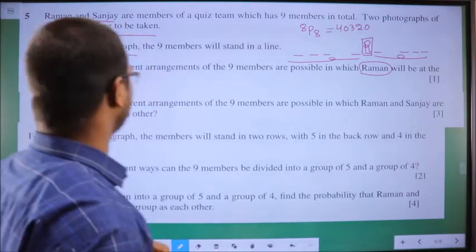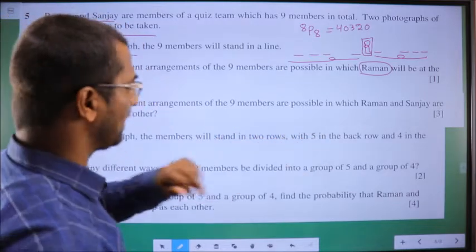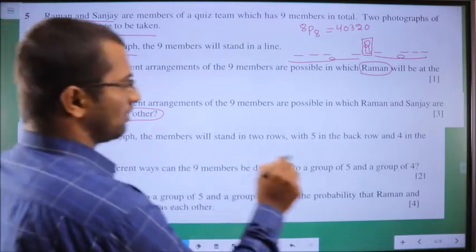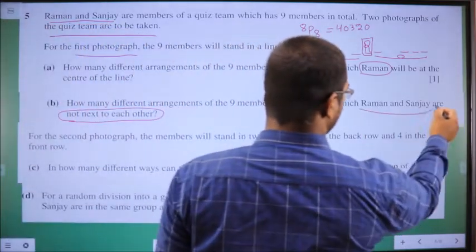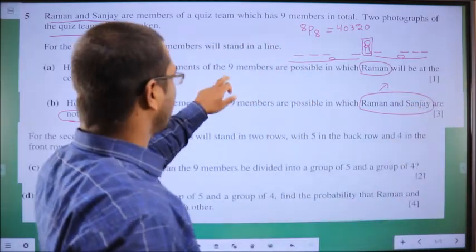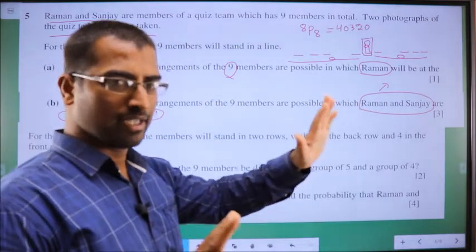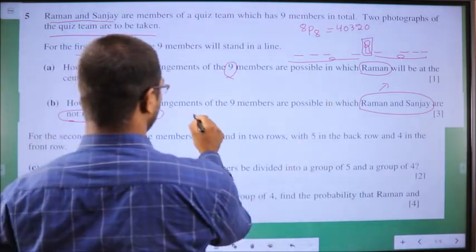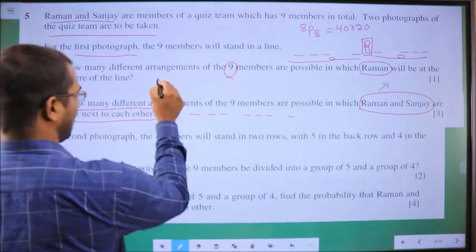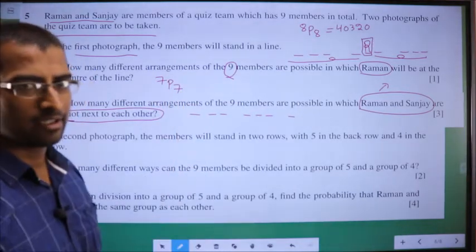Okay, next. How many different arrangements of the 9 members are possible in which Raman and Sanjay are not next to each other? To make sure they are not next to each other, I leave them separate first. Out of the 9 members, leaving Raman and Sanjay, left out are 7. Arrange those 7 first. In how many ways can these 7 be arranged? In 7P7 ways. Okay. Now,